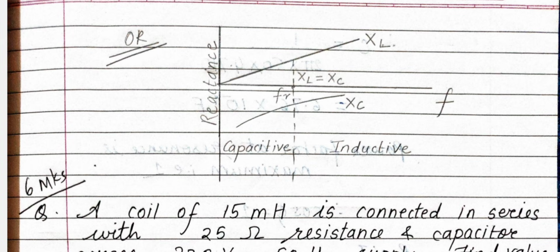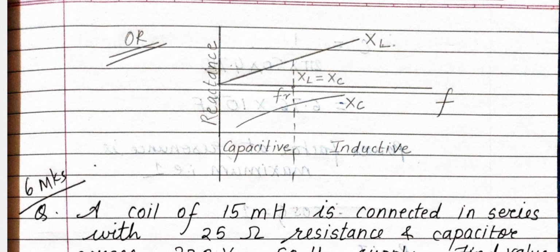This is the last part for resonance, resonance RLC. This graph is asked. So you have to write this at the end, or you have to draw it, where you can write the reactance. See, XL is there, which is steadily increasing, and you can see XC is there, which is also increasing, but it is increasing on the negative side. So you have to show this difference, and wherever they are meeting, that is nothing but the resonance frequency. And what is resonance frequency? XL equal to XC.